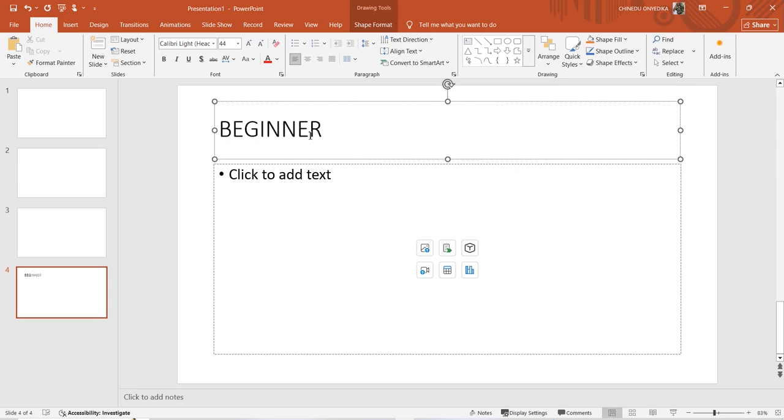Let's name it beginners template. Template design. Let's name it beginners template design. Do you understand? So this is how you type, because these places now, this place now is a